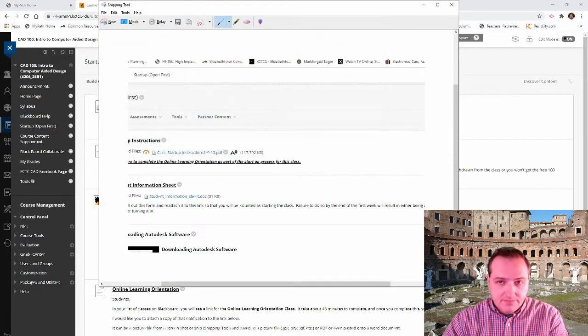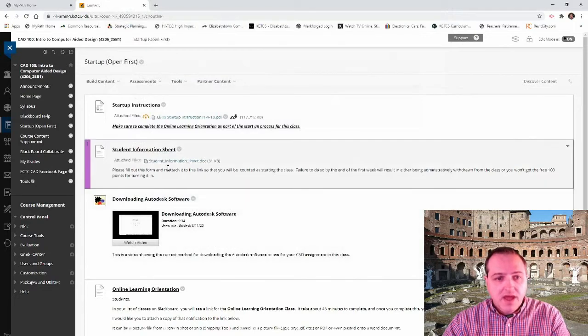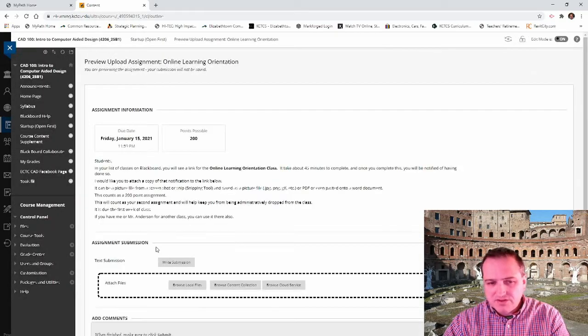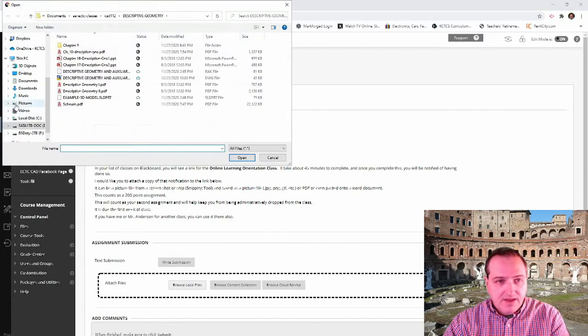So there it is. Now, down here is actually where I would turn it in, okay? Anytime that you see something that has a line under it, that means that it is an assignment where you're going to turn things in, okay? Now, like I said, the OLO, Online Learning Orientation, is probably going to go over this, but I'm going to give you a little shortcut. So anyway, you click on the link, you click Browse Local Files, and then that one was under Pictures,